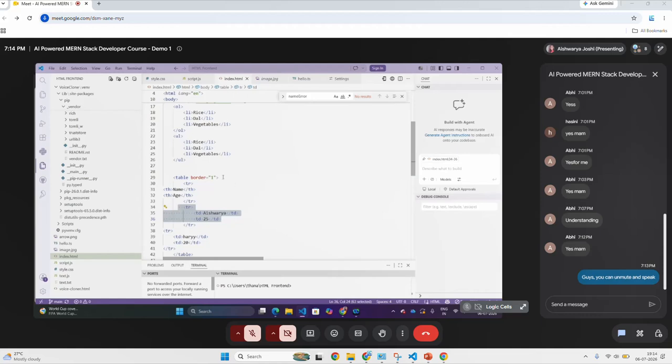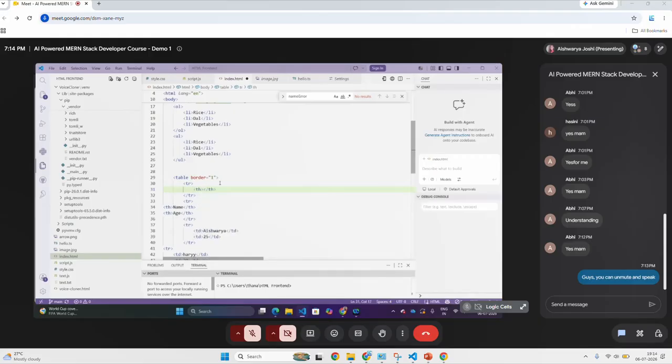Now let's use colspan. What colspan means is you want to combine multiple columns into one single cell. We just use TR, and we'll give a TH, the table heading.